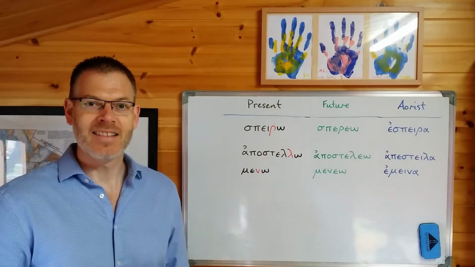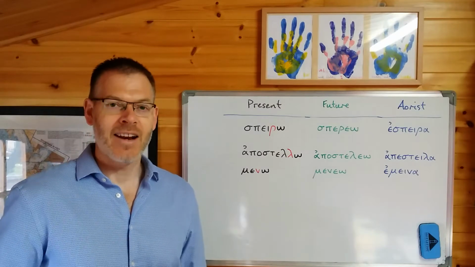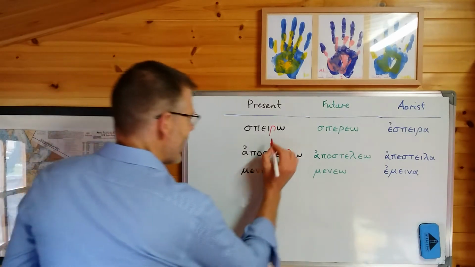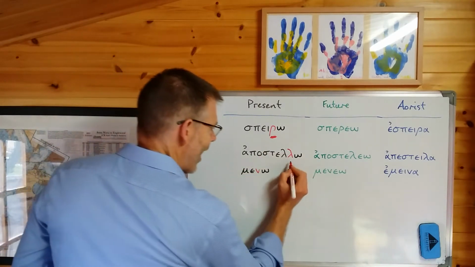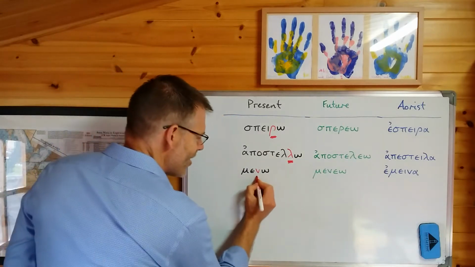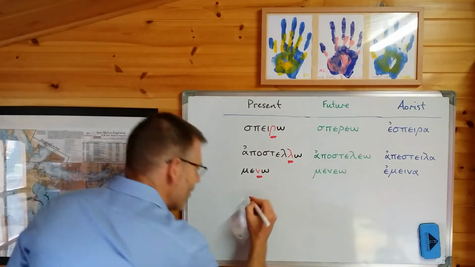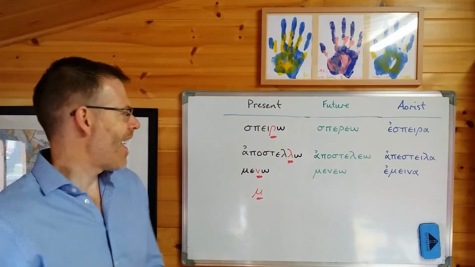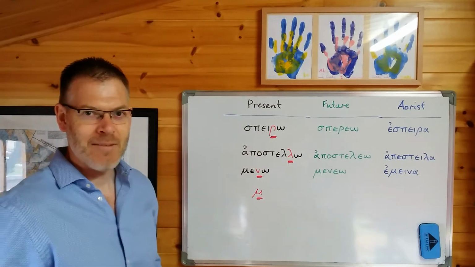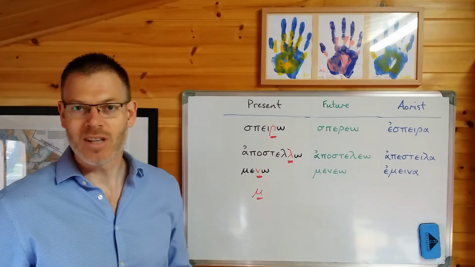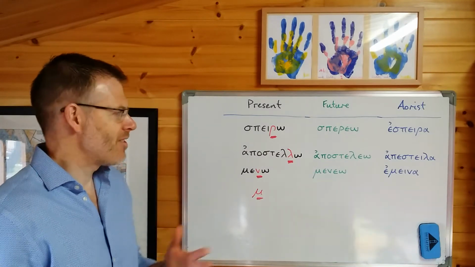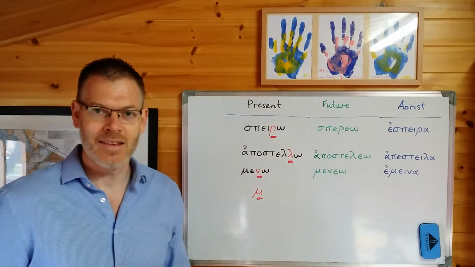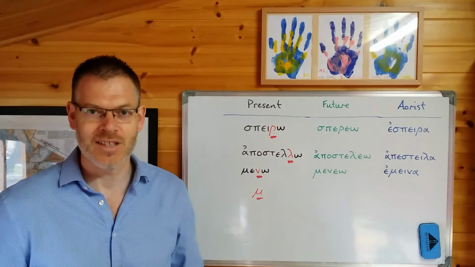But there are some words, some verbs, where if you put a sigma at the end of the stem, it's difficult to say. And those are words where the stem ends in a rho, or a lambda, or a nu. Actually, also, if it ends in a mu. If the stem ends in any one of these four letters, then putting a sigma at the end makes it more difficult to say. And you can even sort of experience this a little bit now in the way that we pronounce things, although bearing in mind that we will find some things easier to say than ancient Greek speakers just because we're used to making different sounds with our mouths.